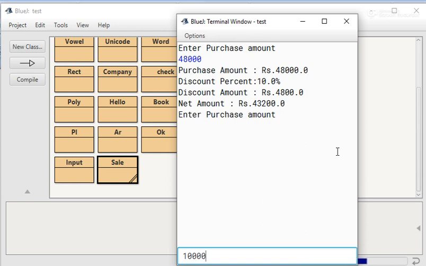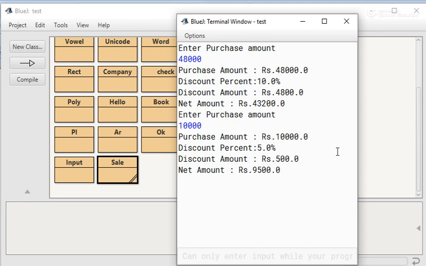It means it is less than 25,000, and in this way it should get 5% discount. Let us see. Enter. Now look, purchase amount is Rs 10,000, discount percent is 5.0%, discount amount is 500, and net amount is